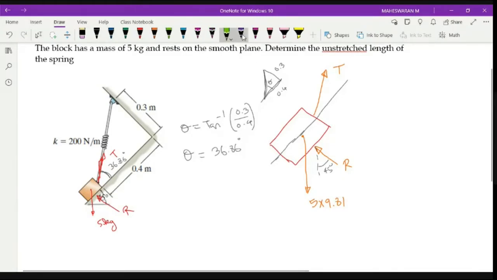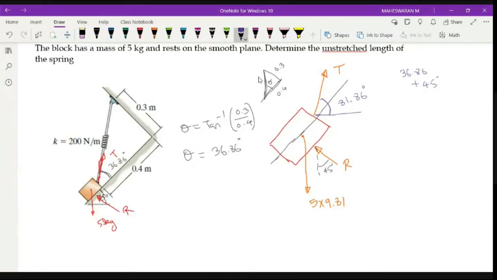But if we consider with respect to horizontal, I have to add 45 degree, right? So if I want to identify this angle with respect to horizontal, the angle is 45 plus 36.86 degree, right? What is the total angle you are getting? 36.86 plus 45 degree. 81.86, sir. We are getting 81.86 degree, right? So now we have identified the angles of the forces with respect to horizontal or vertical, right?